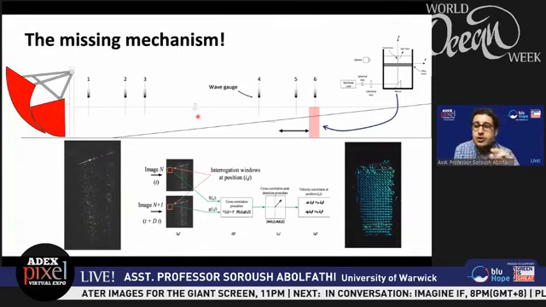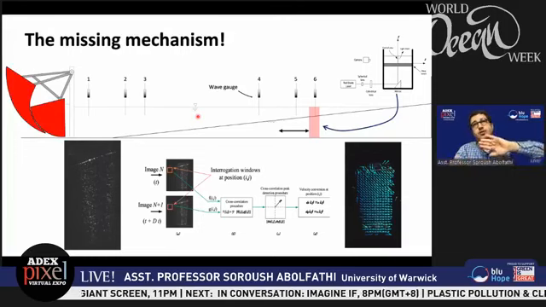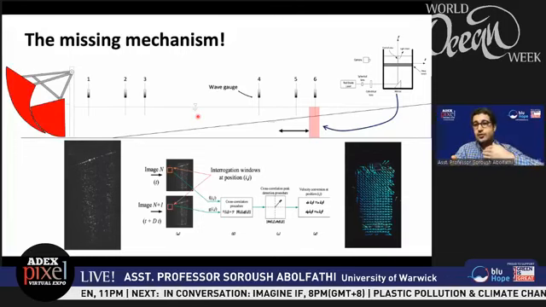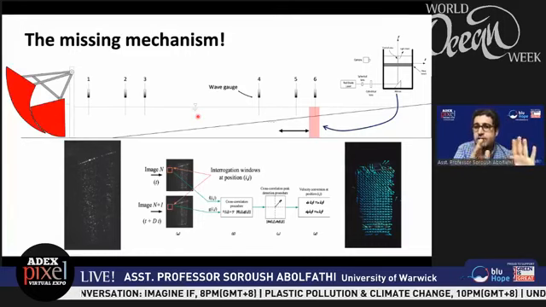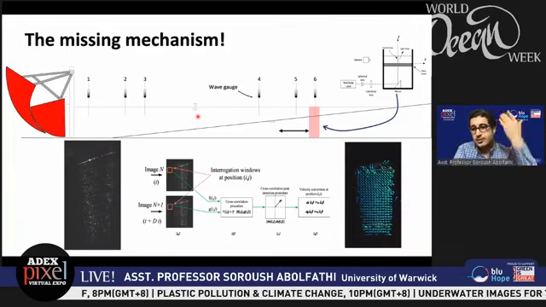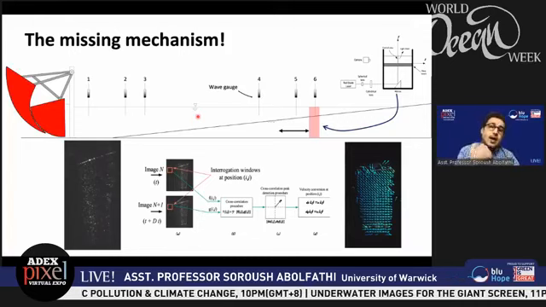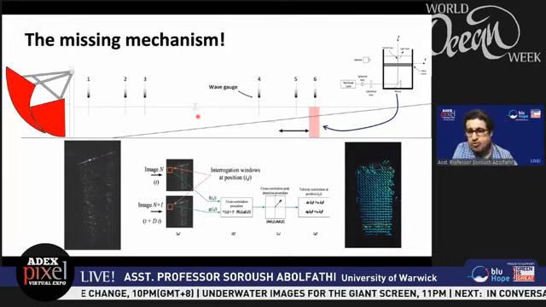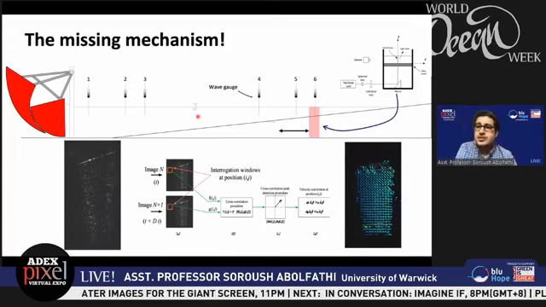So we had a wave machine, and then we wrapped this wave machine so that no light can entrain into the system. So you had this pitch darkness, and then you have the laser line shining through a column of water. And we started looking at different locations, and we ran some very complicated algorithms to analyze the data. But when you analyze the data, you see stuff like this.